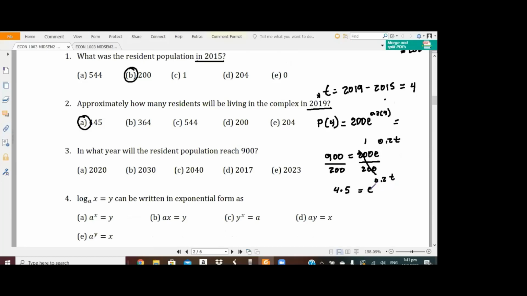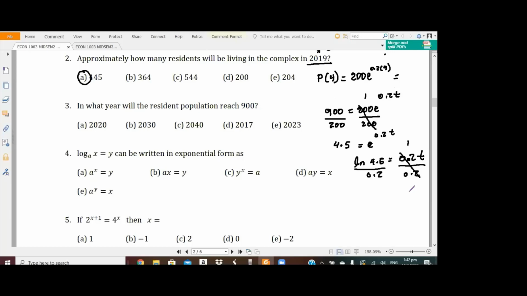Now I need to get the 0.2t from the power. So what I need to do now is take ln of both sides. When I take ln of both sides, I'm going to get ln of 4.5, and ln of e, those will cancel out each other, and it will bring down the 0.2 for us. So it's equal to 0.2t, right? To find t now, I need to divide both sides by 0.2. This is going to cancel out and give me a value of 1. So in the end of the day, t equals ln of 4.5